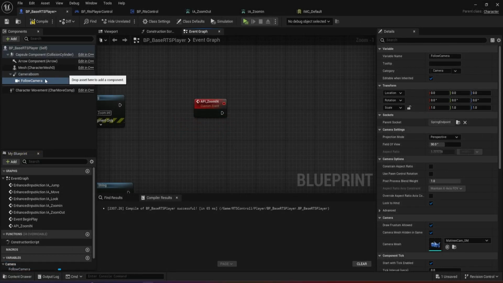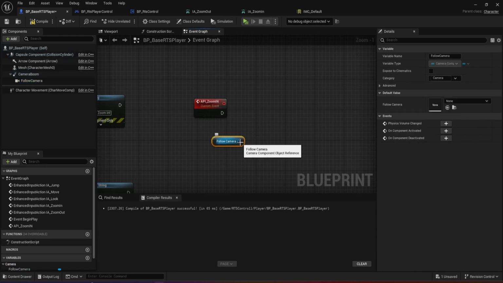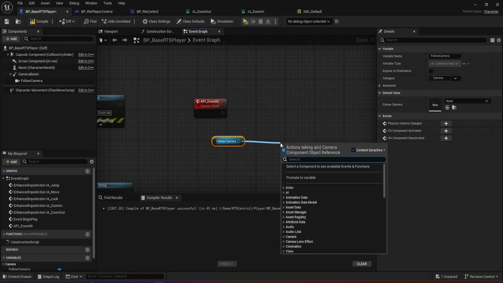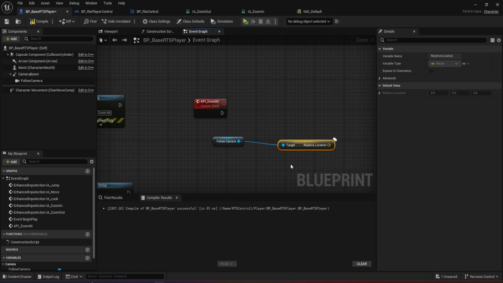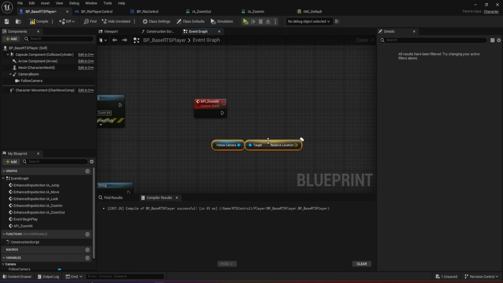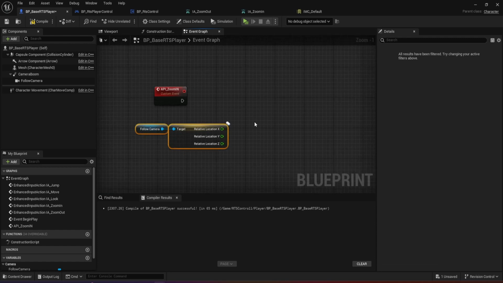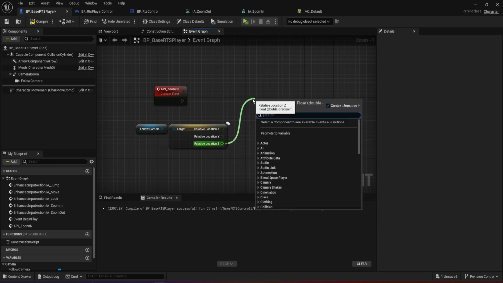So we're going to get a follow camera here. The very first thing you want to do is add some kind of a cap. Let's say I don't want the player to zoom too much or to zoom too low. What we're going to do is get the relative location, and that's going to be it. Cool. We're going to split this structure. And the next thing we're going to do is check whether the current zoom location is less or equal than